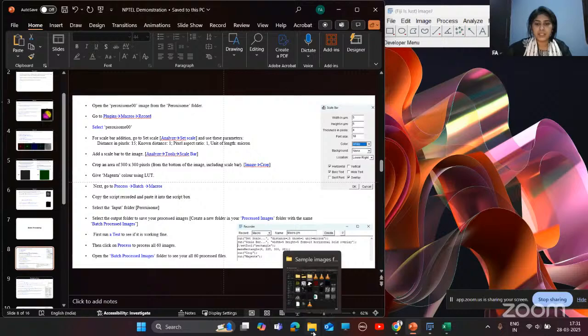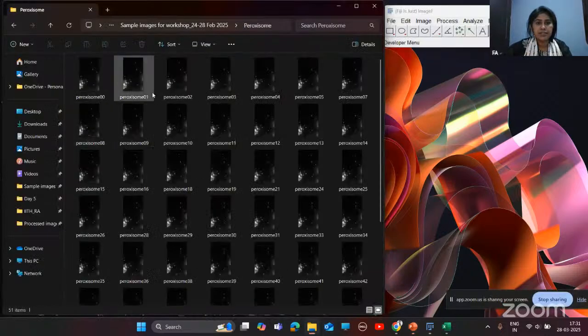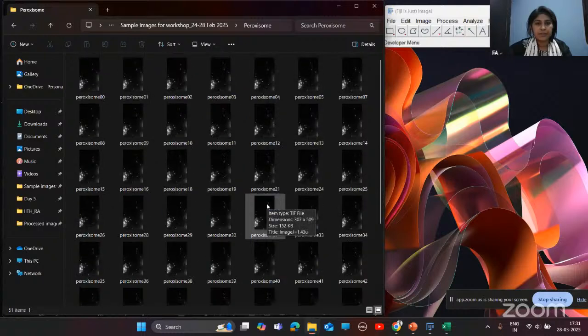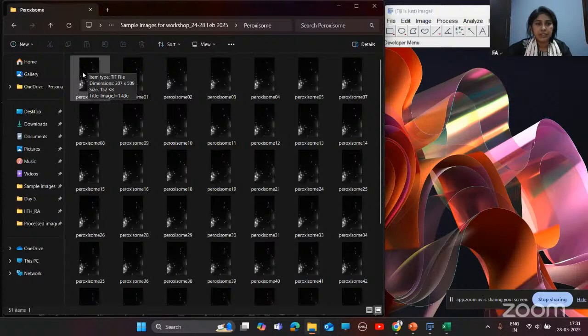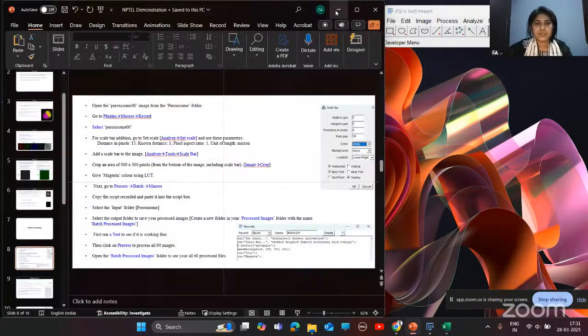So if you want to crop a particular area or size and you want to change its LUTs, or you want to put a scale bar in all these images at a time, for this type of analysis, you can use batch processing.